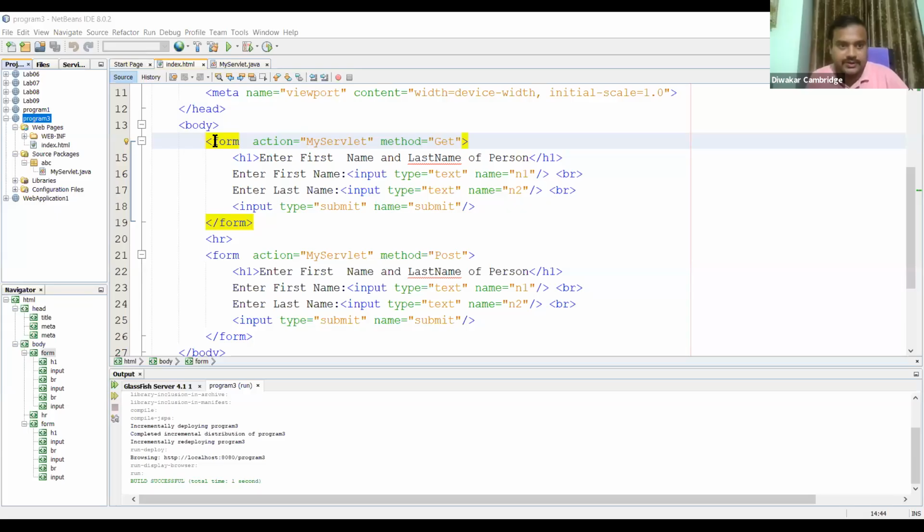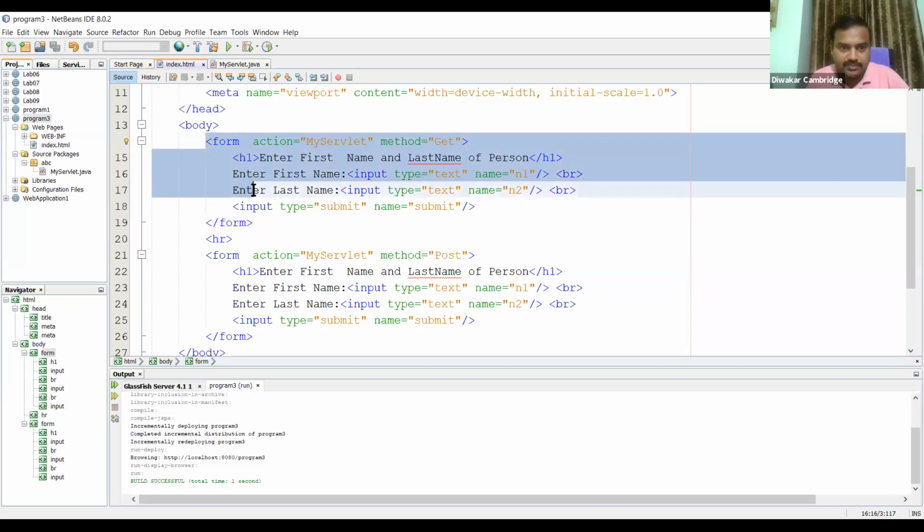The first form, I'll use the get method, for demonstration purposes.